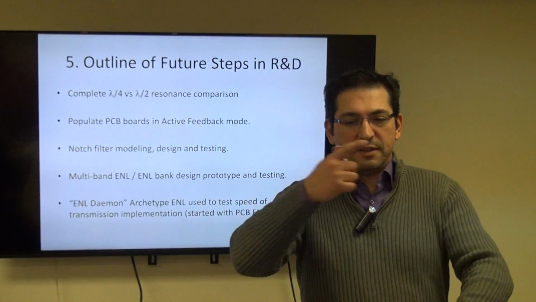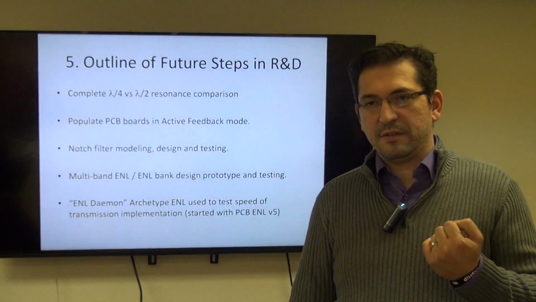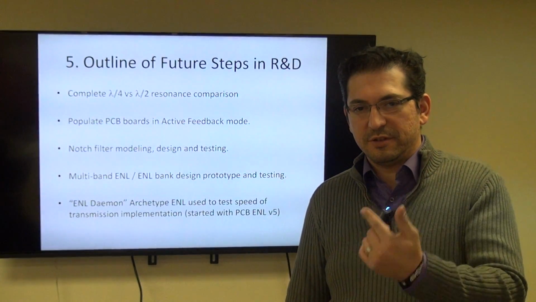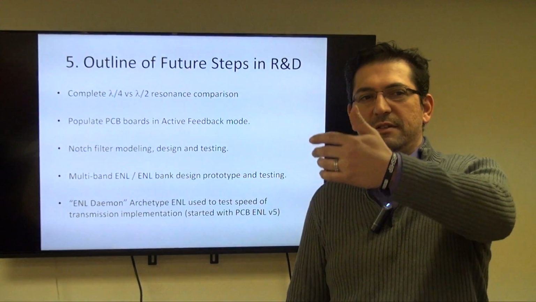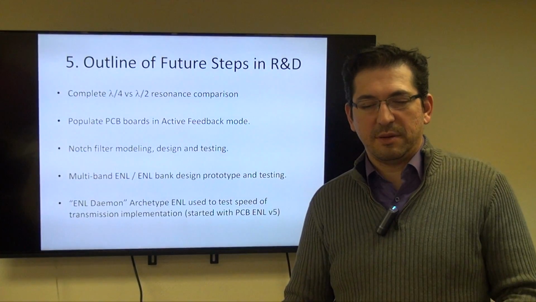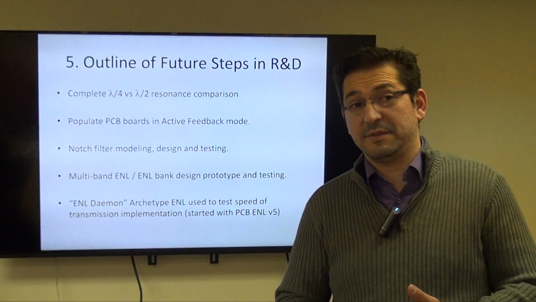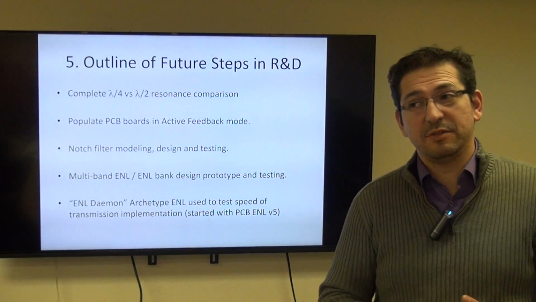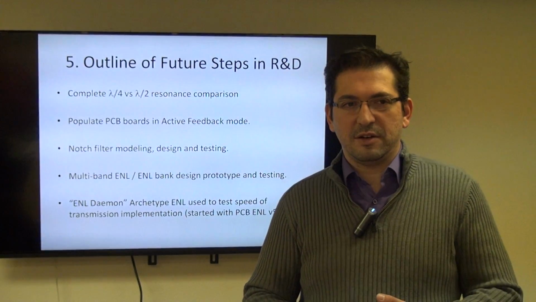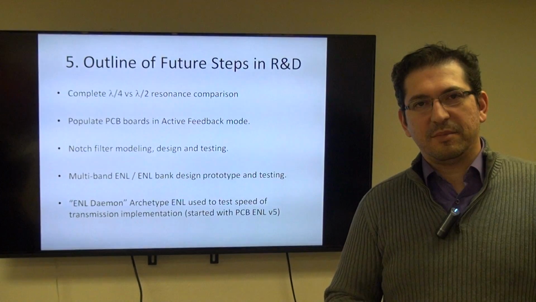So if you look at this problem the other way around, we can build an ENL that is an archetype ENL that can, when you connect it to a certain transmission line, tell you what the electronic speed of transmission is. This is something that I haven't seen in the market, something that tells you specifically the speed of transmission. What they do tell you is the delay time, and that's not always the same thing. You get time instead of speed if you measure the length, but